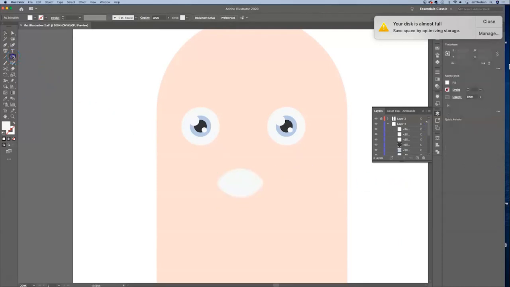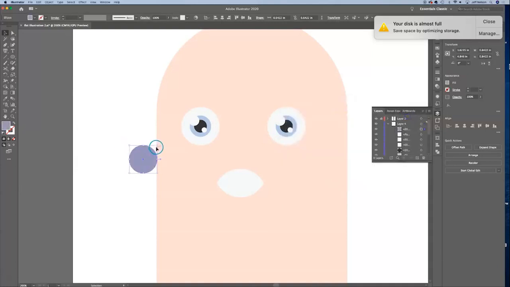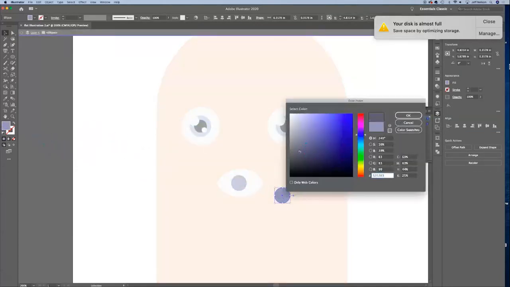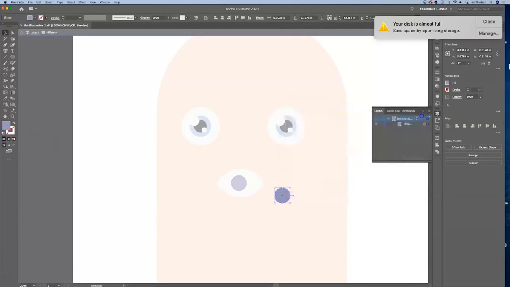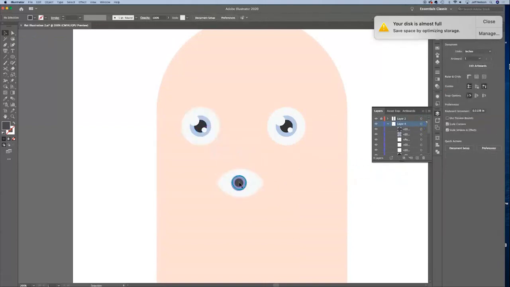From there, I'm going to make that circle, just like we did before. Create the blue. Make a copy. Change that color to gray. Okay. Make that smaller. And then do my